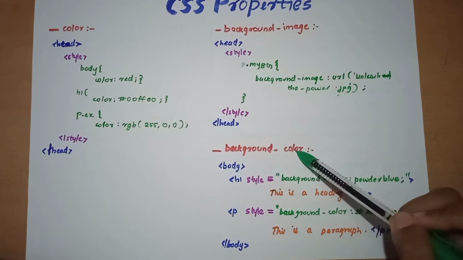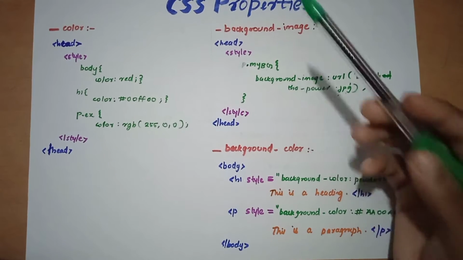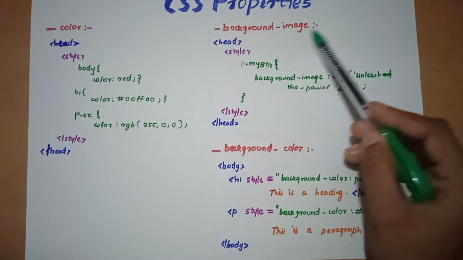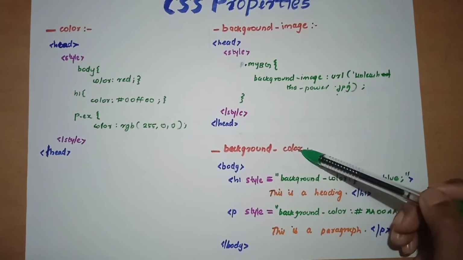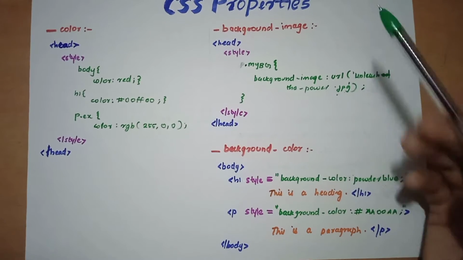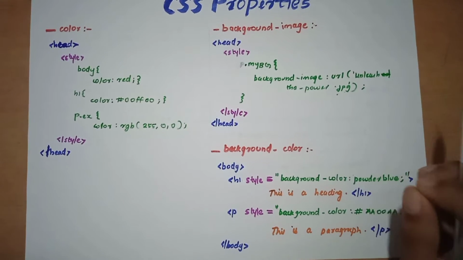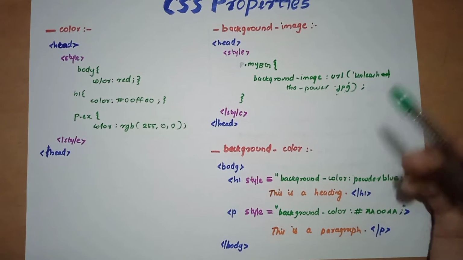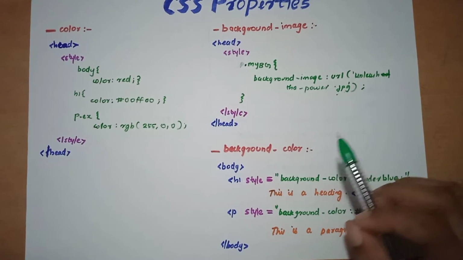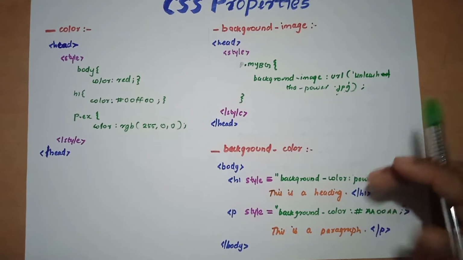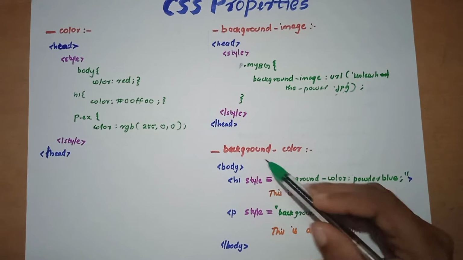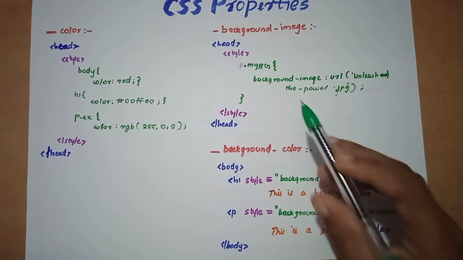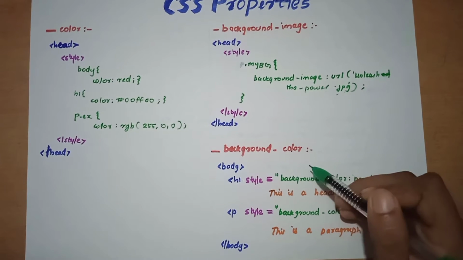So the next one is background color. As we did with the image, you can also change the color. If you don't need images there, you can change a little variation from white to an ash or as you like. That kind of simple or distinct colors you can add using this background color property of the CSS into your web page background.